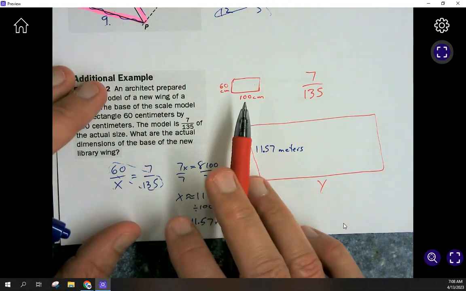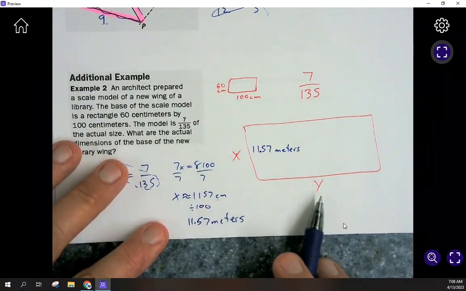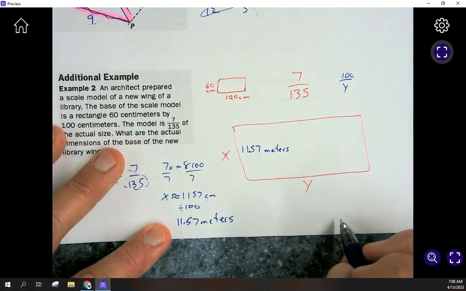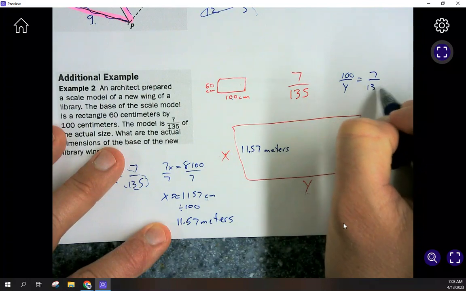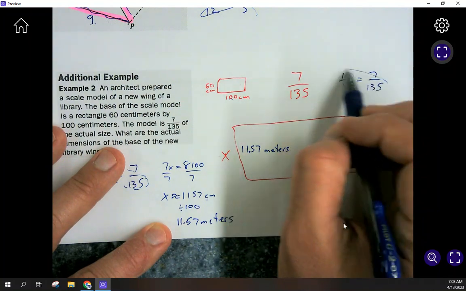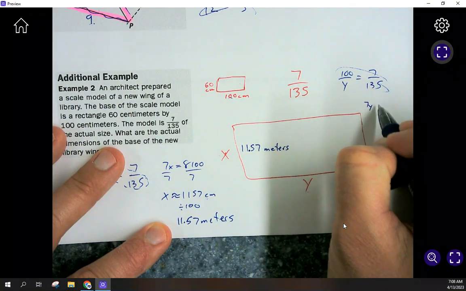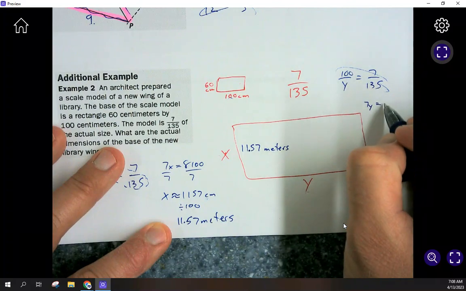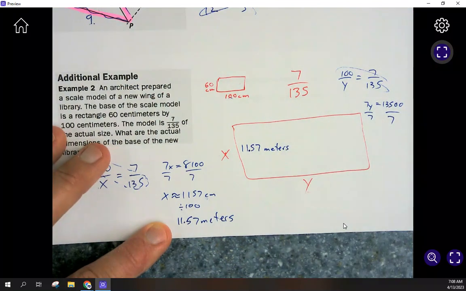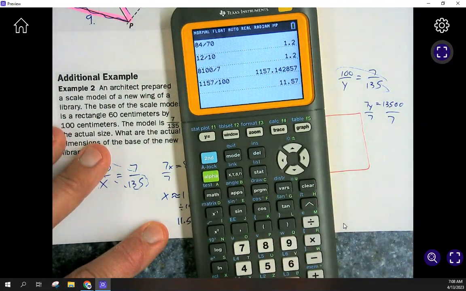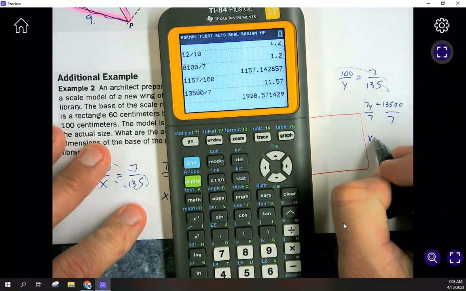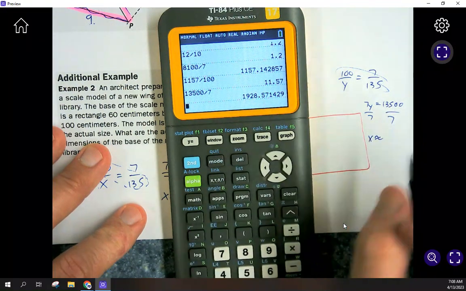They're nice and easy. Okay, and we're going to do the same thing for the 100. What does the 100 become in real life? So we're going to say 100 compares to y, the same way 7 compares to 135. 100 is going to be a lot smaller than this number, the same way 7 is smaller than this. Cross multiply. So 7y equals, multiply by 100, it just adds 2 zeros. So 13500 divide by 7. And we're going to go ahead and round that off right there. Now the 5 will bump this up. So I'm going to call this